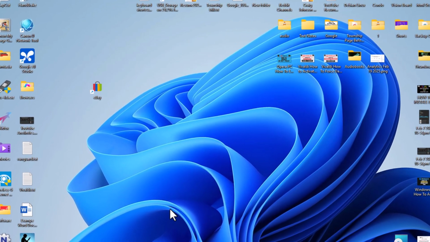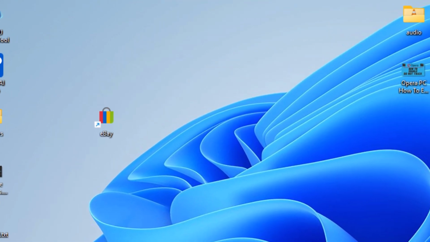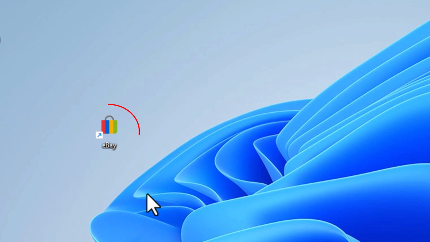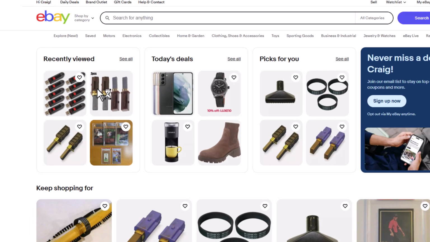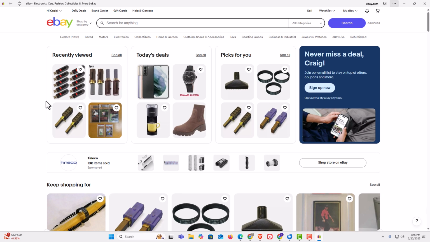I have a very cluttered desktop. Don't pay any attention to that. But if you look right up this way, you see I have a little app here called eBay. If I open this, it opens up eBay as an app. You still have all the same features that you would normally have, but it is now an app. The way to do this,